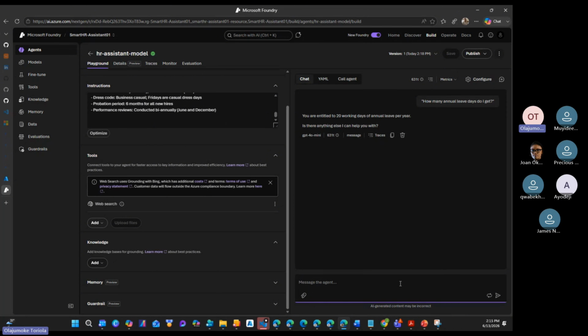But realistically, it's going to just answer based on some of the things. Our experience says annual leave is 20 working days per year. So that's why it's telling me that we're entitled to 20 working days of annual leave per year.